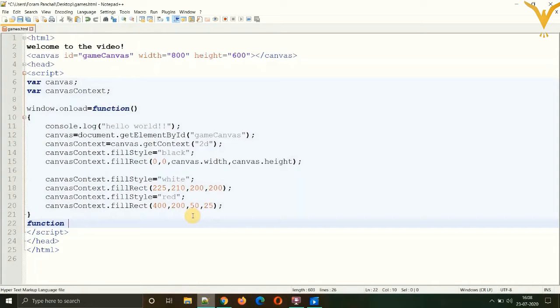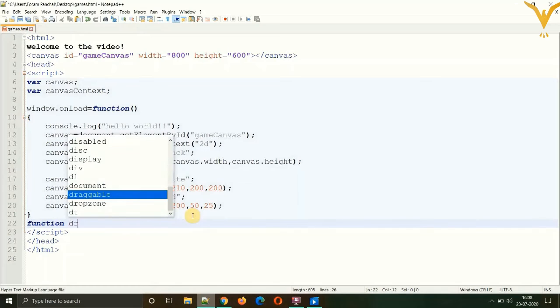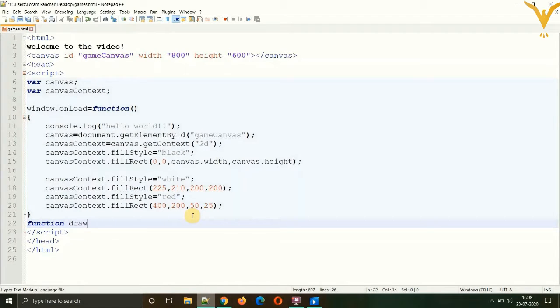You can give any name to your function, but be a little consistent so that the name of the function is understandable, so that whenever you come back to your code, you can just read that function name and understand what that function does. So over here the function will be drawing the shapes, so I'll be naming the function drawEverything. Pay attention to the camel case over here.